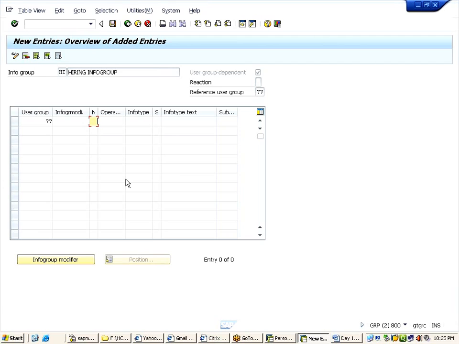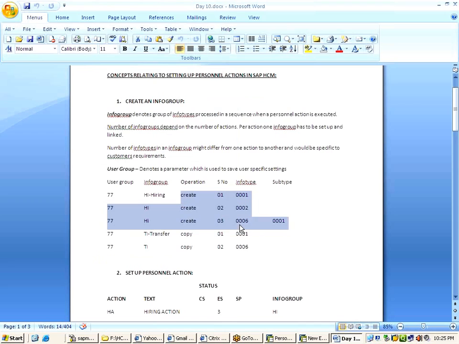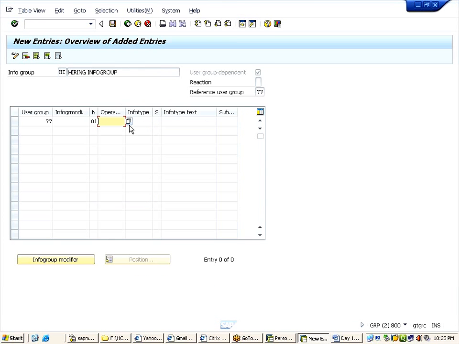And this is the operation field. Yesterday if you remember I told you that when I am hiring a person, these info types are to be created for me. I have used the create option here. So how to tell the system? Allow me to create. You use the drop down list. So copy, delete, display. Now I will select create because when I hire a person, I will be creating the data. Create is our language, INS is system language.